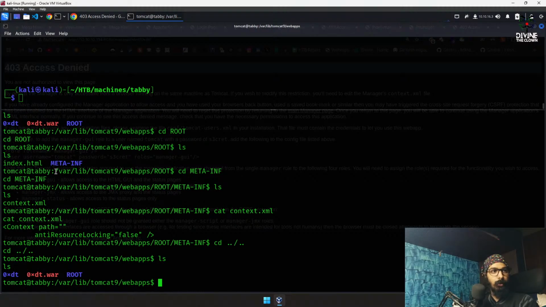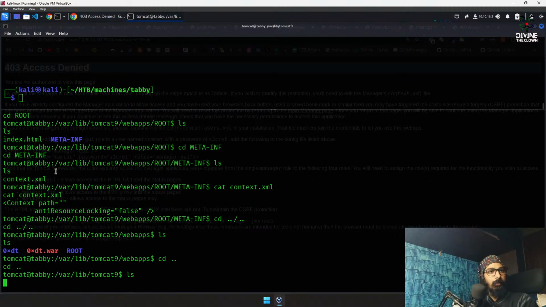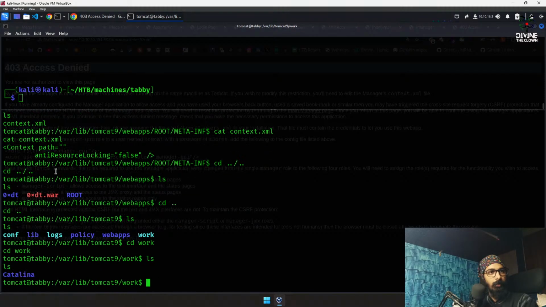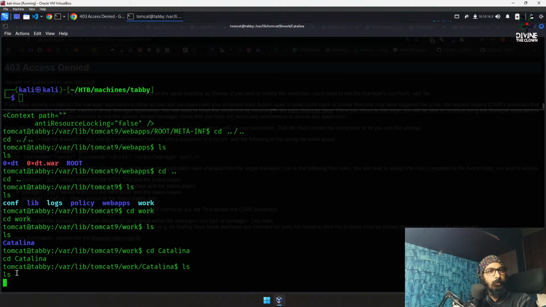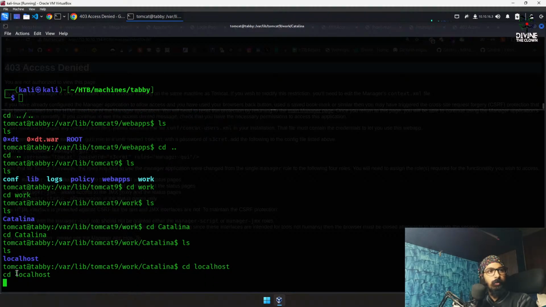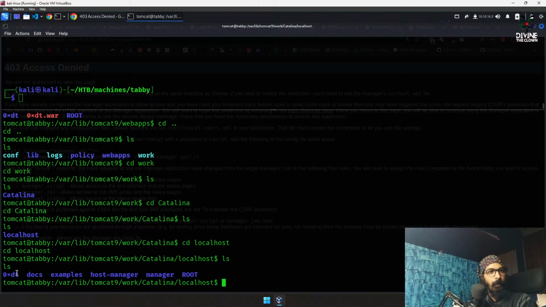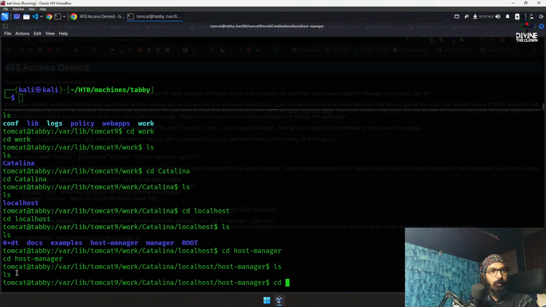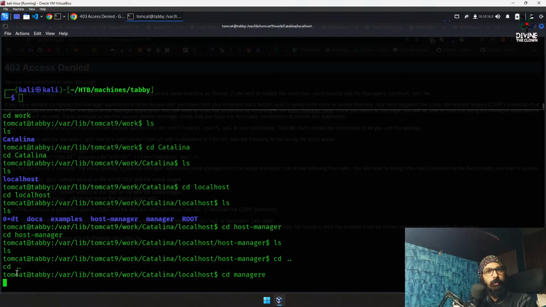Back, ls, double dot, cd work, enter, ls, cd Catalina, cd localhost, enter. Whoa, now we have some stuff. cd host-manager, ls, empty. cd manager,